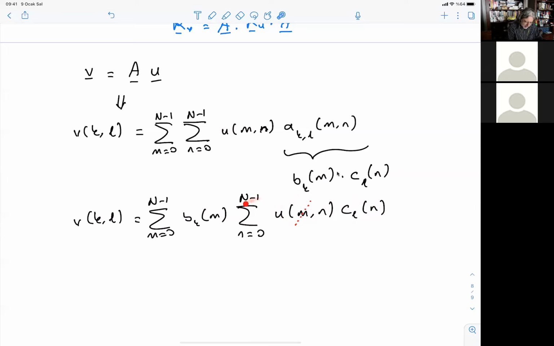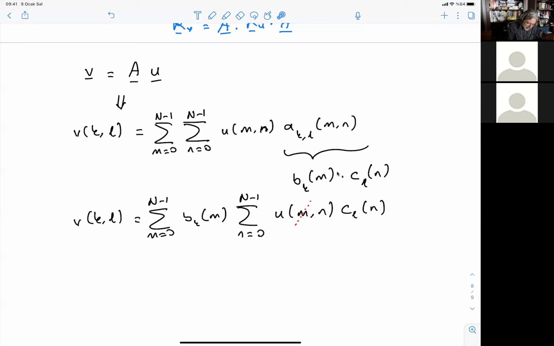This summation becomes a one-dimensional regular transformation. But it is transforming only the second parameter, let's say the columns of U of N. And for each row, we have different columns. So it is like a horizontal way of making a process